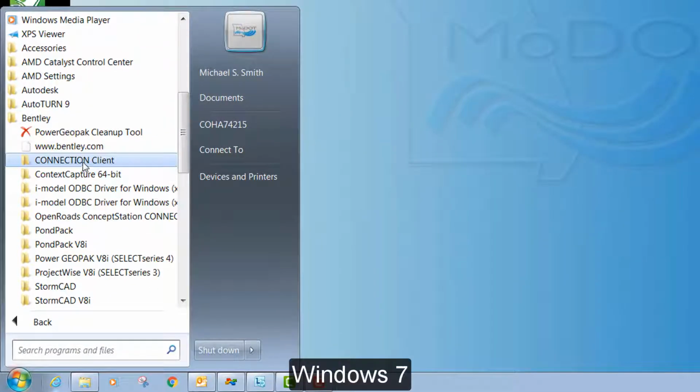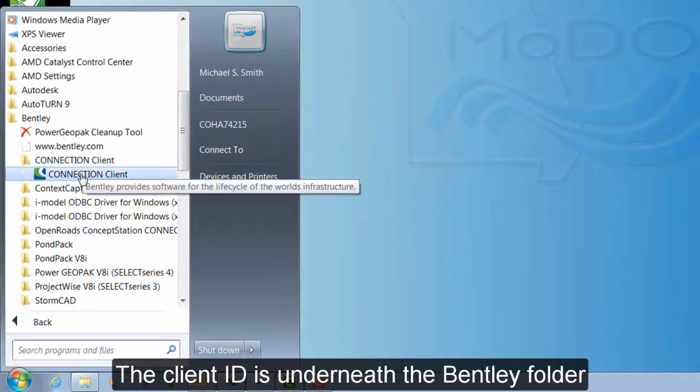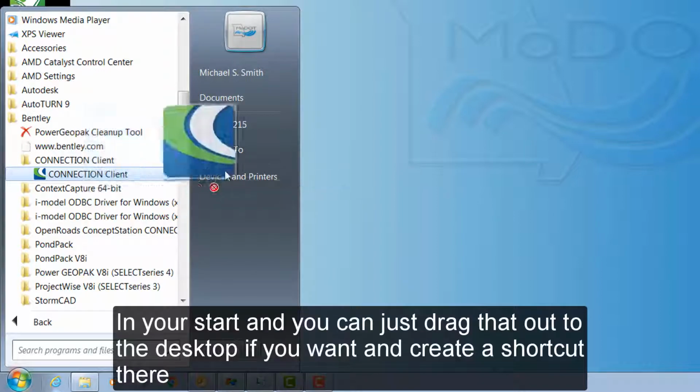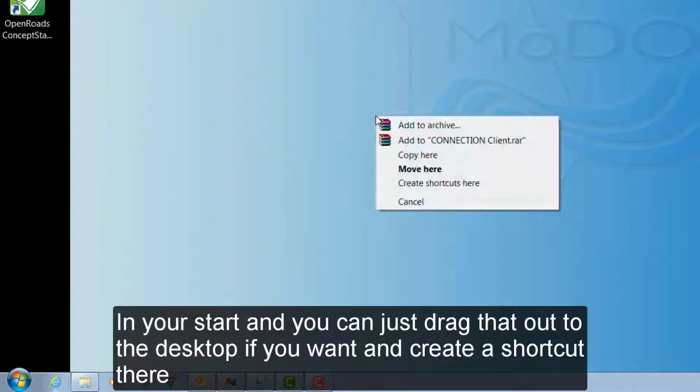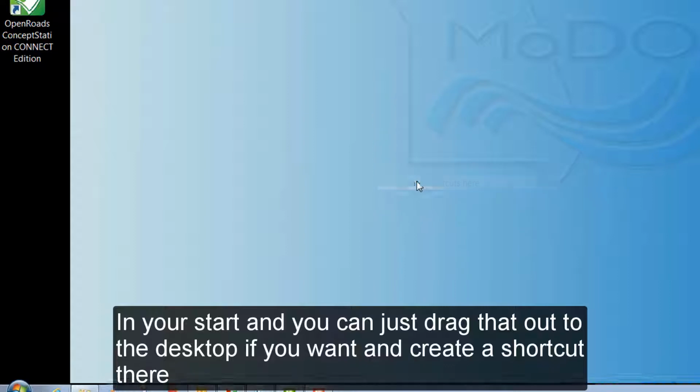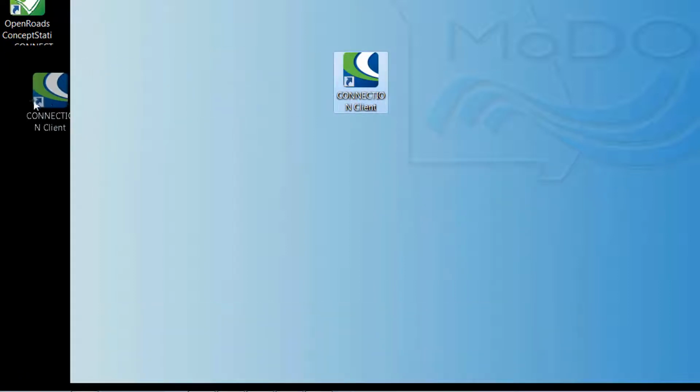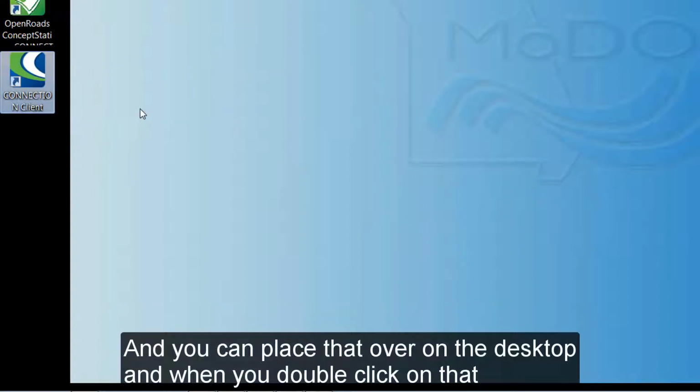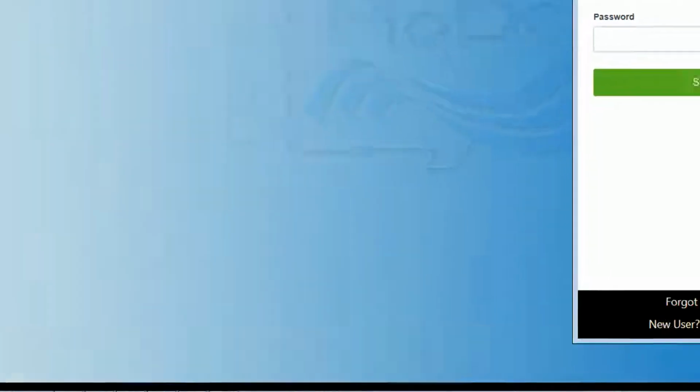In Windows 7, the client ID is underneath the Bentley folder in your start, and you can just drag that out to the desktop if you want and create a shortcut there. And you can place that over on the desktop. And when you double click on that,